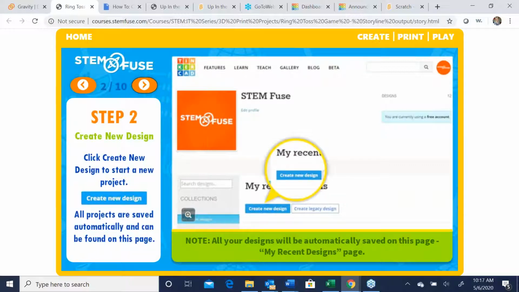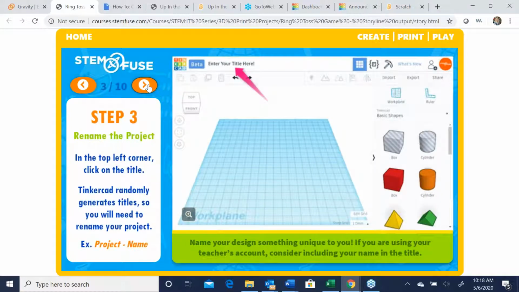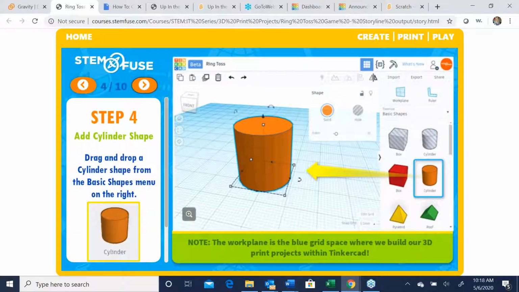Now, when they go through and they're learning, again, just like with the coding, each one of our lessons is going to teach them a different aspect of Tinkercad. The word CAD is the word we use when we're talking about 3D design. It's called CAD software, or a way to help students learn how to design three-dimensionally. We understand that students cannot